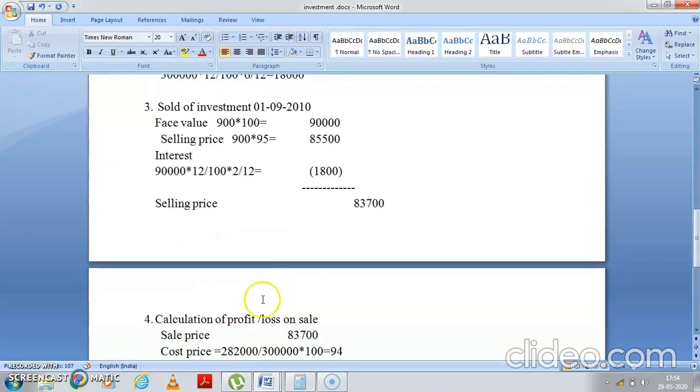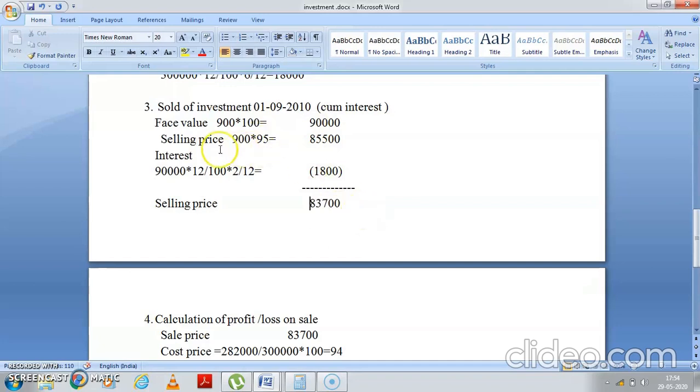First, you're going to remove the cost price, then the selling price, and then you'll remove the interest. If it is a gum interest, see, this investment was gum interest. Remember it. You have to write this also. I always tell you. So when it is a gum interest, always remember to minus it from the selling price, and then whatever is the money, that is exactly your selling price.